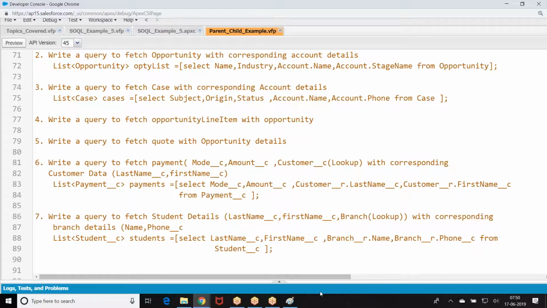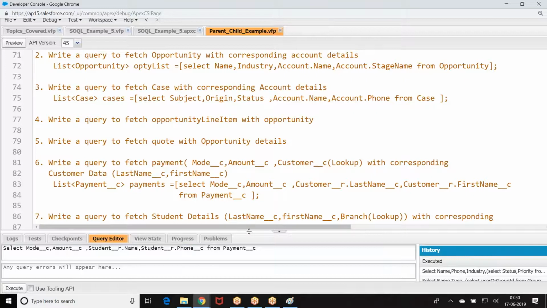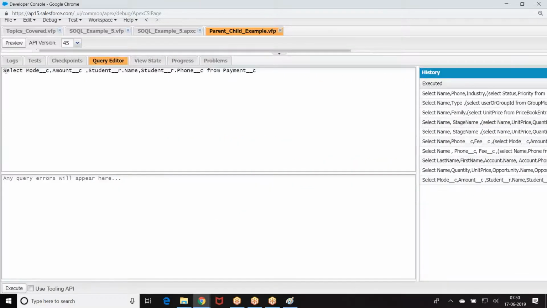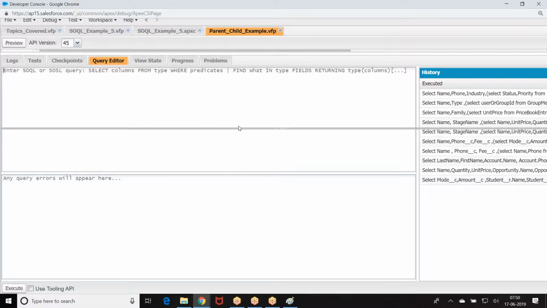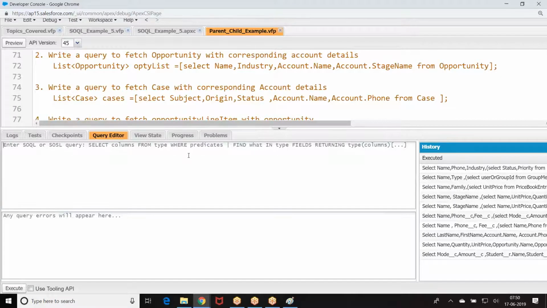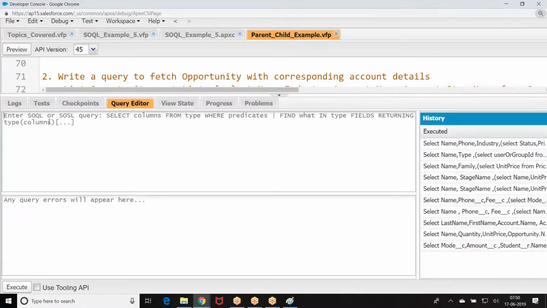We will try to understand the aggregate functions. First, let me give you the basic functionalities. First, we'll see how the query can be defined, then we'll go with the execution part. Look at the format: select count from account where industry equal to.